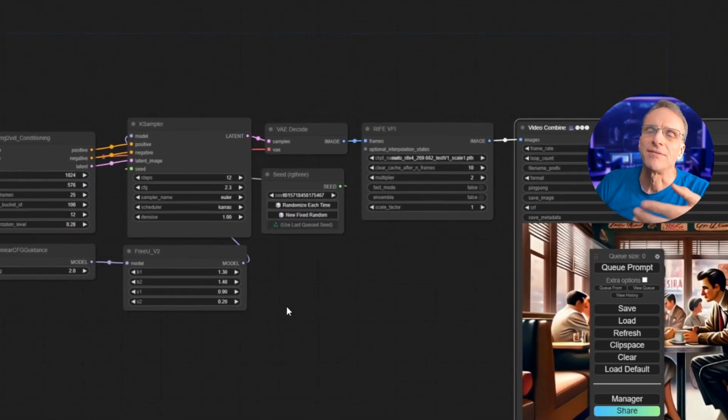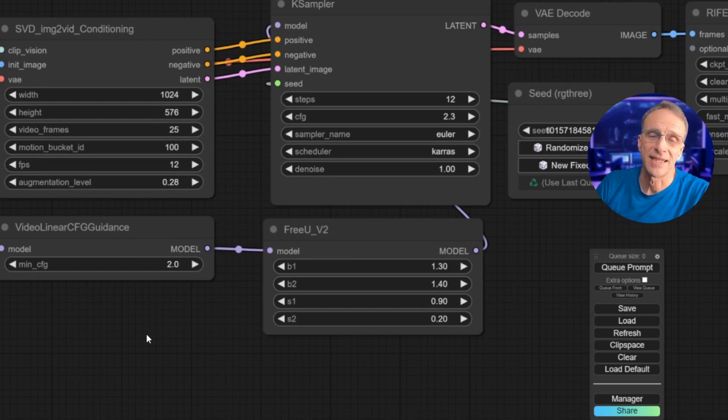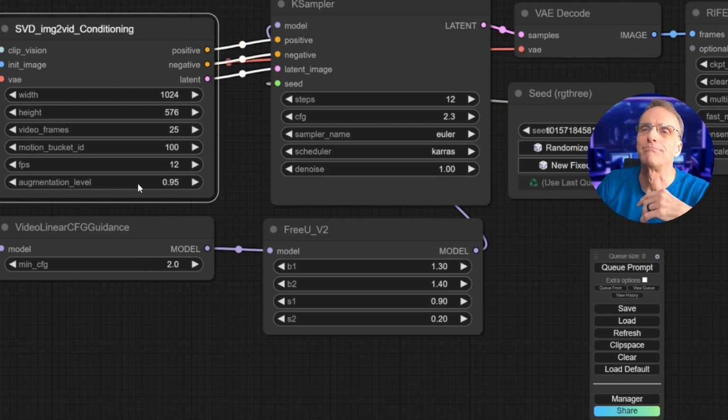Now the augmentation level, I've come to understand, is really about adding more noise to the image when it processes things. And I think that's why it might give some more action and activity to the scene that's not there, just simply because you're giving more noise to the image to work with. So let's go ahead and take that augmentation level up to 75. And the motion bucket too. What if we played with that a little bit and popped that up to like